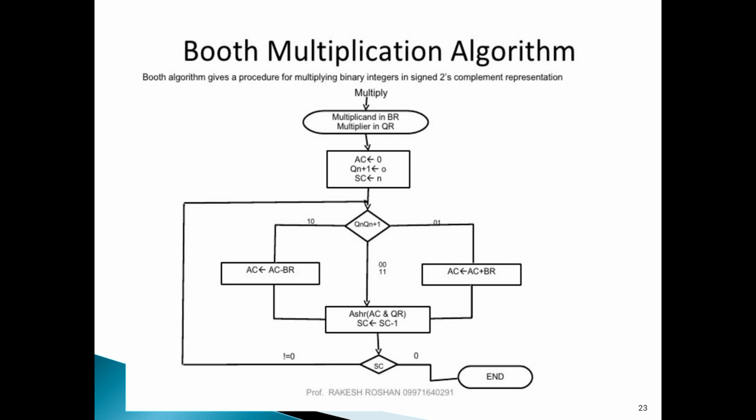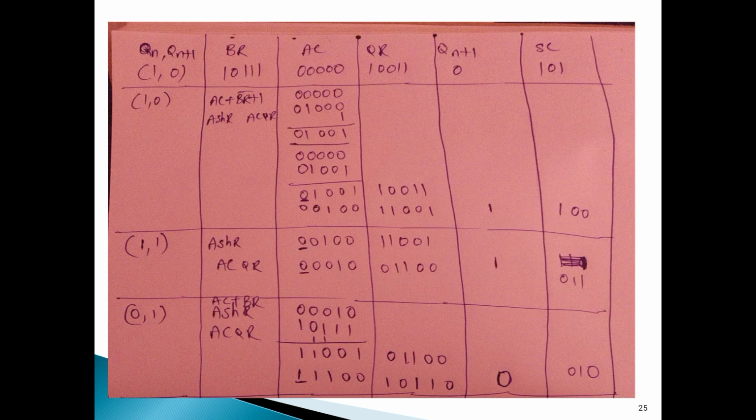So AC plus BR bar plus 1, ఇది కొంచెం మిస్టేక్ ఉంది. ఏసీ ప్లస్ బీఆర్ బార్ ప్లస్ 1, అంటే ఏసీ మైనస్ బీఆర్ అంతే కదా. మైనస్ బీఆర్ అంటే ఏంటి? 2's కాంప్లిమెంట్ ఆఫ్ బీఆర్. సో 2's కాంప్లిమెంట్ ఆఫ్ బీఆర్ని ఎలా రాస్తాం మనం? బీఆర్ బార్ ప్లస్ 1. ఫస్ట్ 1's కాంప్లిమెంటు, తర్వాత 1 యాడ్ చేస్తాం కదా. సో అందుకని మనం డైరెక్ట్గా ఏసీ మైనస్ బీఆర్ అని రాసాం మనం. యాక్చువల్గా ఎలా రాయాలి మనం? బీఆర్ బార్ ప్లస్ 1. ఓకే.